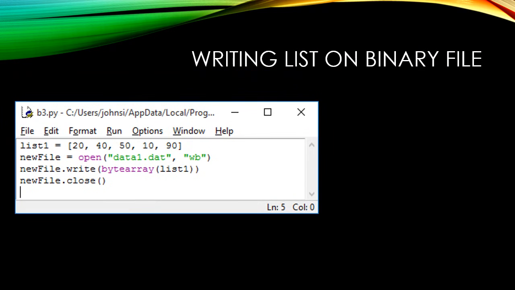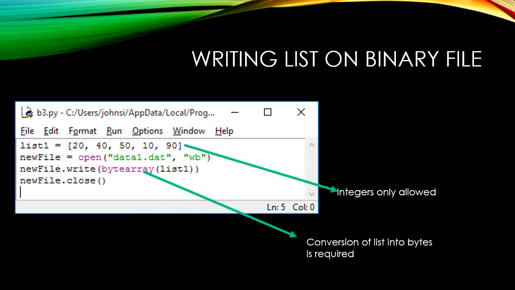And next, how to write a list in a binary file. Here the considered list is 20, 40, 50, 10, 90. All are integer values. While writing the list into the binary file, we have to use the method bytearray, because we can't directly write a sequence object like a list; we have to convert it. The bytearray supports only integer values.